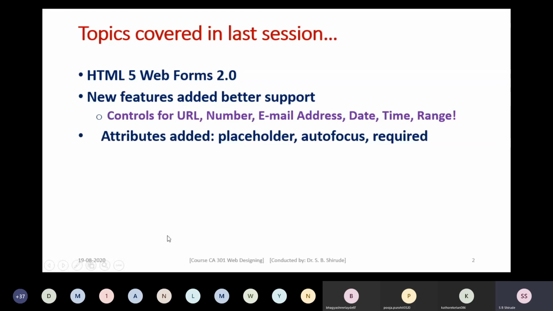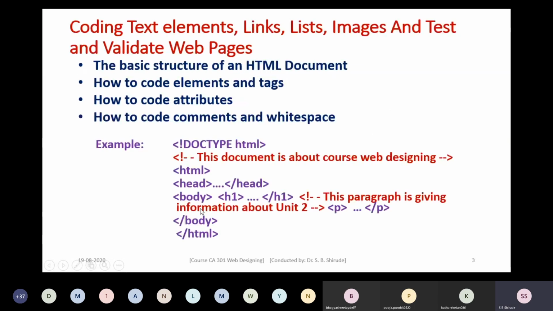Along with that, we have learned how to make use of the attributes placeholder, autofocus, and required. Now, in this session, we are going to learn how we can code the text elements, links, lists, images, and how we can test and validate the web pages.